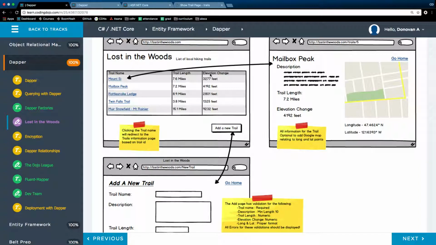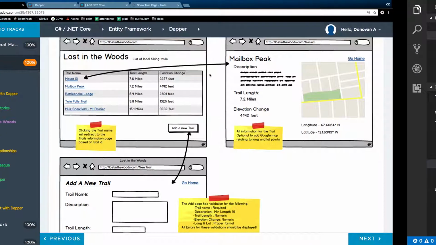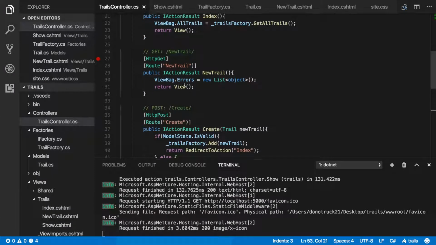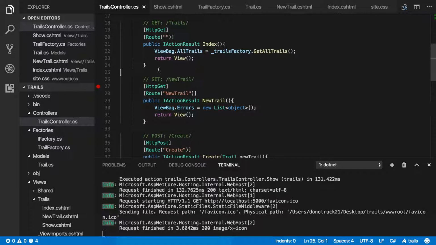Yeah. So actually, could we go back to without making the extra route, can we just go to the index route or the dashboard route? Yes. So right there. So the ViewBag equals all trails equals trails factory dot get all trails. So that would be like get all trails dot